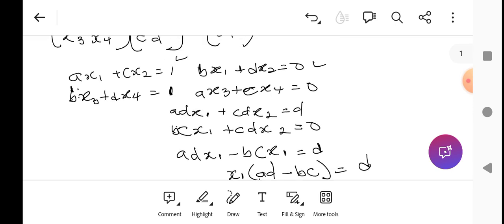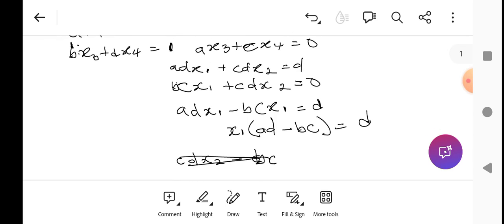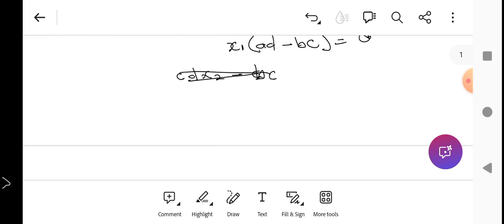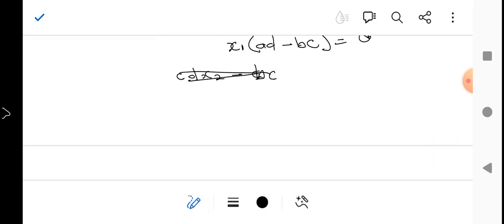X2 is here and x2 is here, right? So if I'm taking out x2, I'm going to have x2 should be equal to